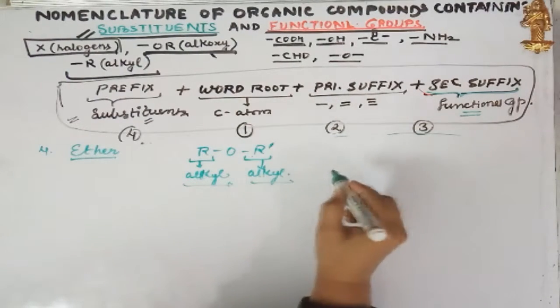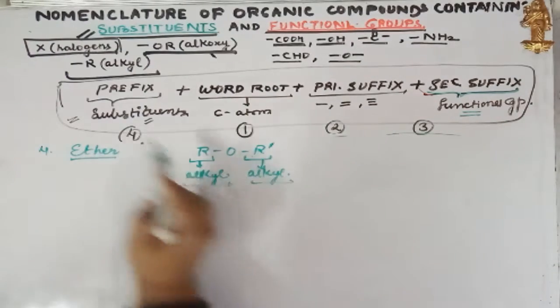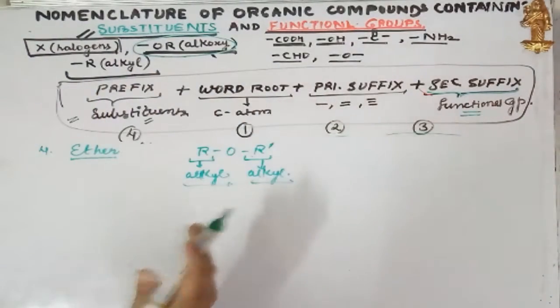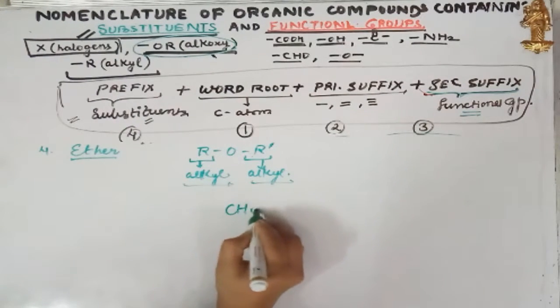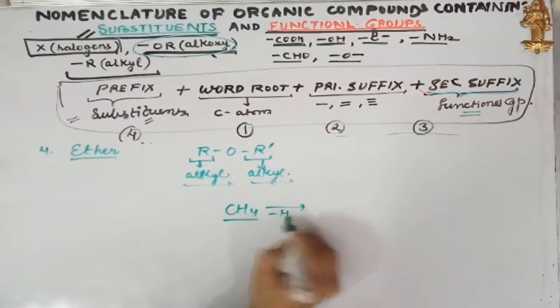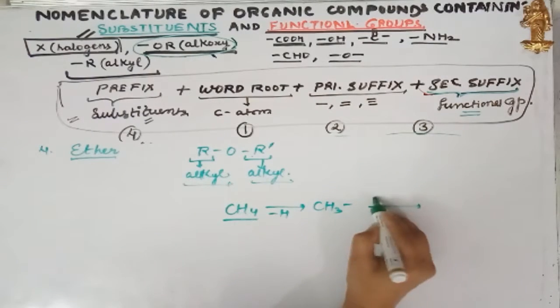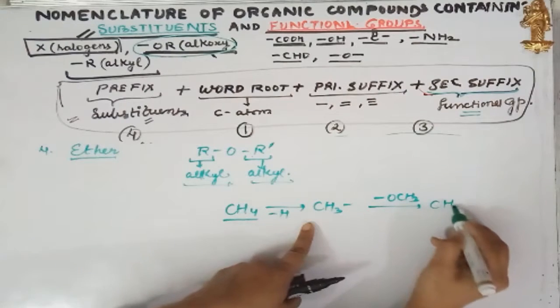The secondary suffix is used for the functional group, but as I have told you, this alkoxy group is a substituent here. So let me show you how this ether is actually formed. I'm taking one example, methane, CH4. If I remove one H from the methane, it becomes CH3. If I add a methoxy group to it, what will happen? CH3O